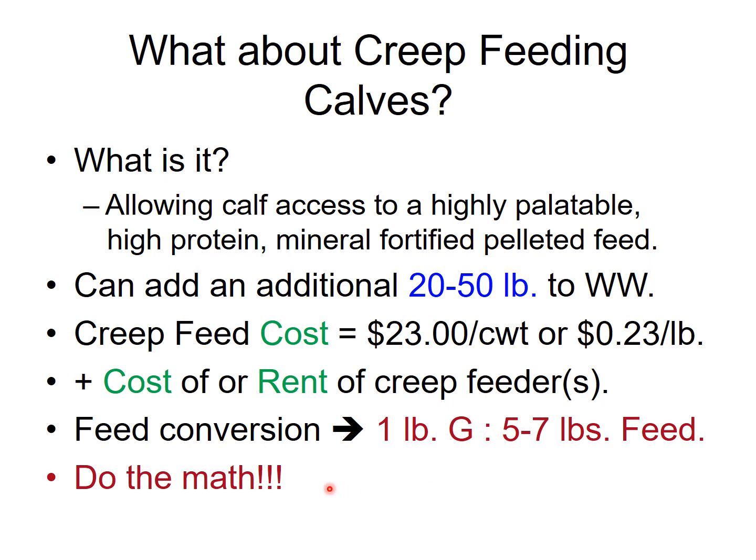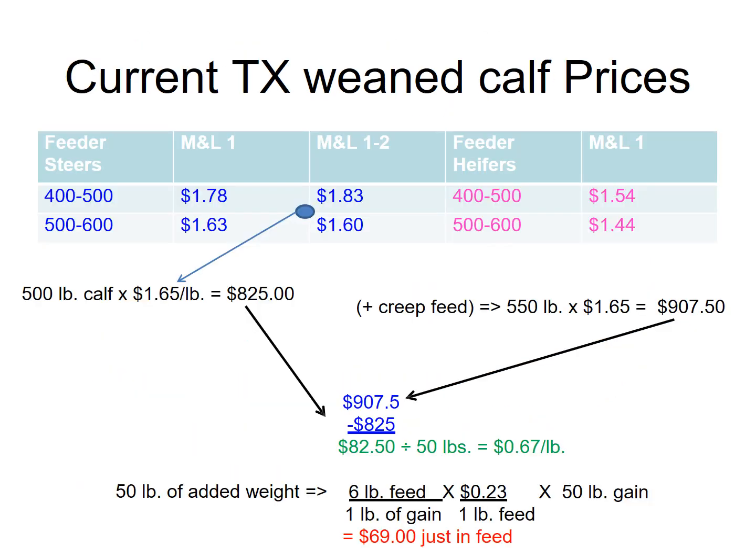So let's do some math. So we already established our creep feed cost, which is 23 cents a pound. We haven't calculated anything. I'm not going to calculate the cost of the creep feeder. I'm not going to calculate any rent. I'm just going to base it off of feed. Okay. So if we look at current wean calf prices,